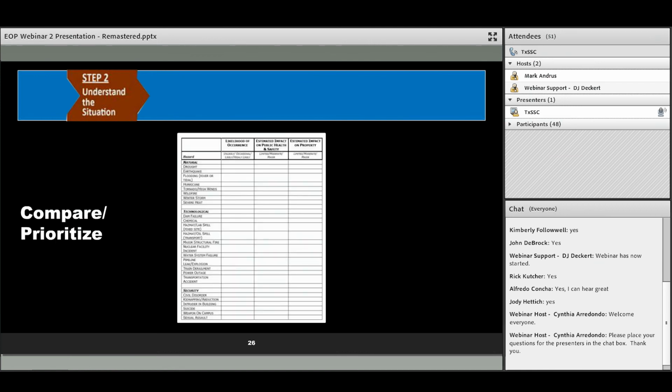And then if you want to compare and prioritize all of your hazards that are listed, you're going to identify those threats and hazards, understand their impact, and assign priorities to them. Next week's webinar, we will get into a little bit more of a THIRA, which is the Threat and Hazard Identification and Risk Assessment. The idea there is to identify your threats and hazards, and if they're high priority and high consequence, try to work through a risk assessment to bring some of those down so that they're not as immediate a priority. Work to mitigate some of those hazards.